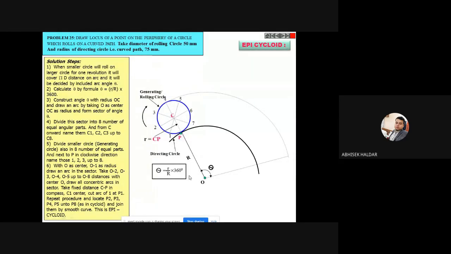So this is the simple equation. Both the small r and capital R will be given, or in the other way you can say small d by capital D. You will get the same result: small d by capital D multiplied by 360, or small r by capital R multiplied by 360 degree. You have to calculate this separately, and show on the drawing sheet how much this angle is coming. That means due to the movement of 360 degree of this rolling circle, how much angle theta it is creating on the center of the directing circle. That is basically the physical significance of this equation, and that value we need is nothing but theta.